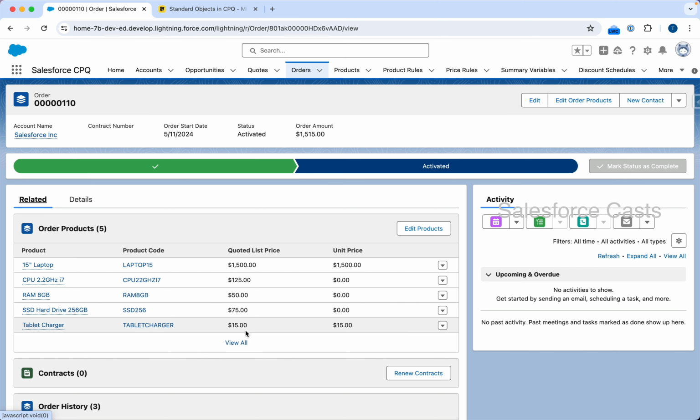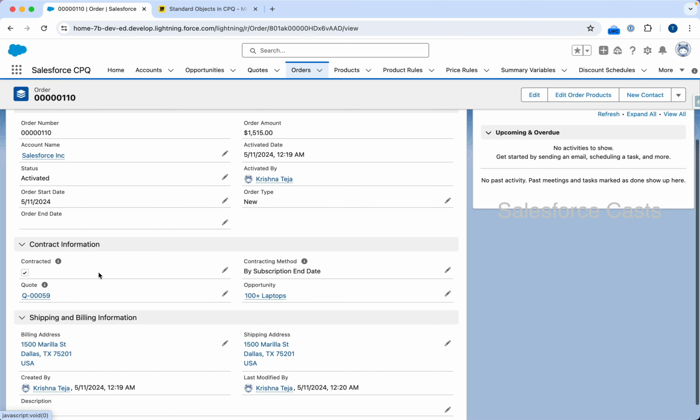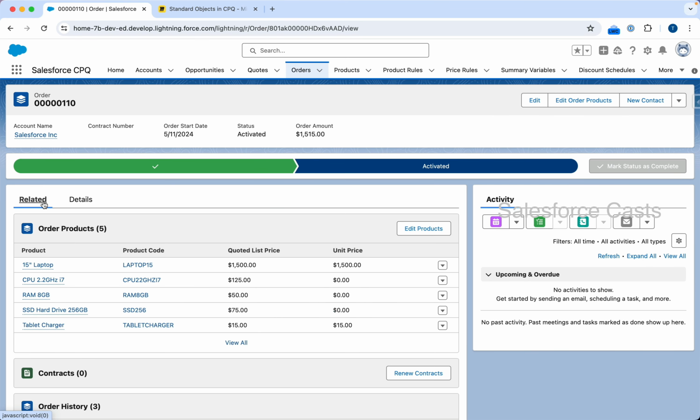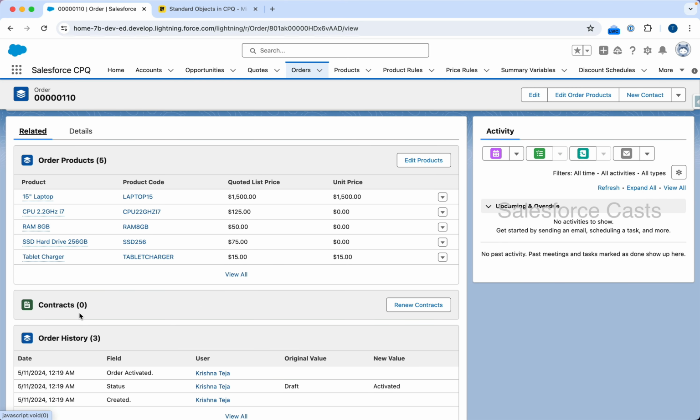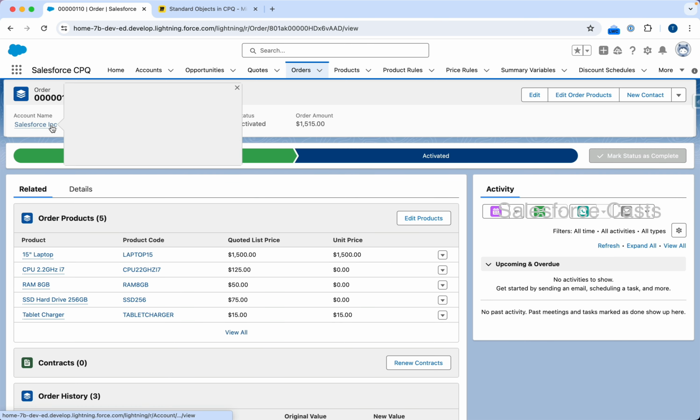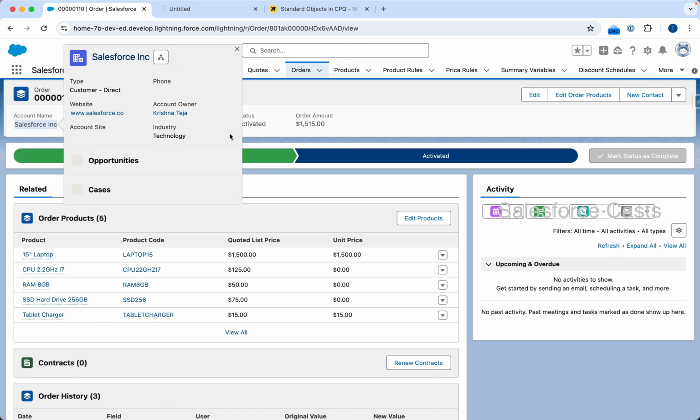There you go. Now you'll see that contracts is still 0. Before that, just be doubly sure that you have checked this checkbox. So what just happened? I did check this checkbox and I did save the record. However, earlier it went ahead and created a contract record, but now I don't see a contract record. And why is that? Because these are one-time purchase products. There will not be any monthly renewals or yearly subscriptions involved, because of which there is no need to create a contract. Rather, what happens is, if you go back to the associated account, which is nothing but the customer record,